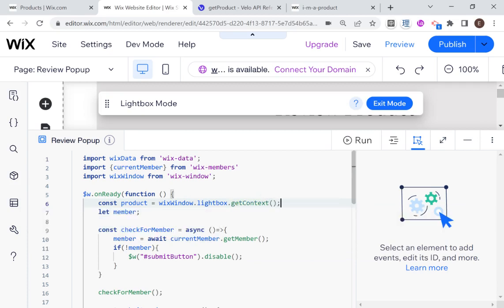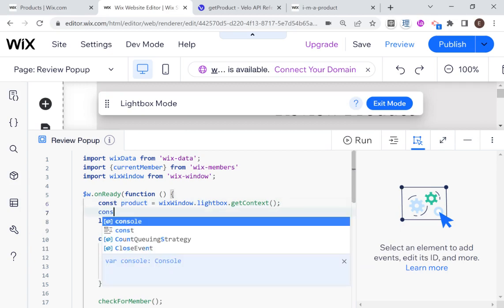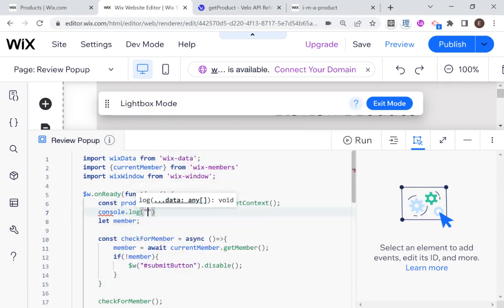Okay, and that means that this should be equal to product. And what I'm going to do here is I'm just going to say console dot log product and log the product. And what I'm going to do here now is just check that this is all working